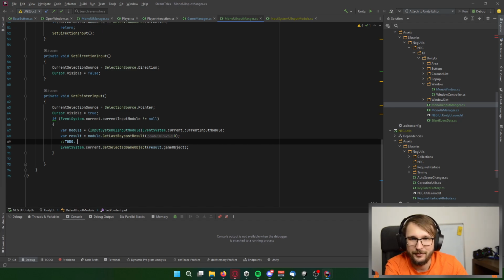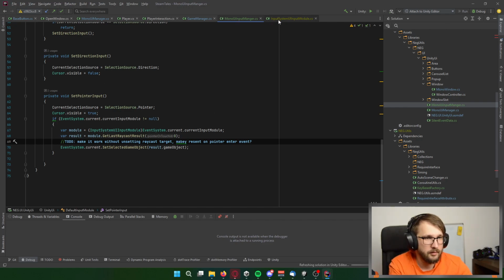So to do: make it work without unsetting raycast target. Maybe resend on pointer enter event. But